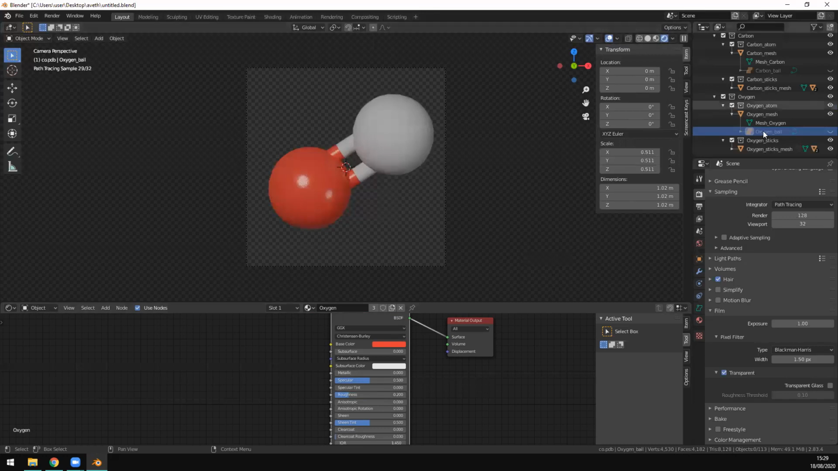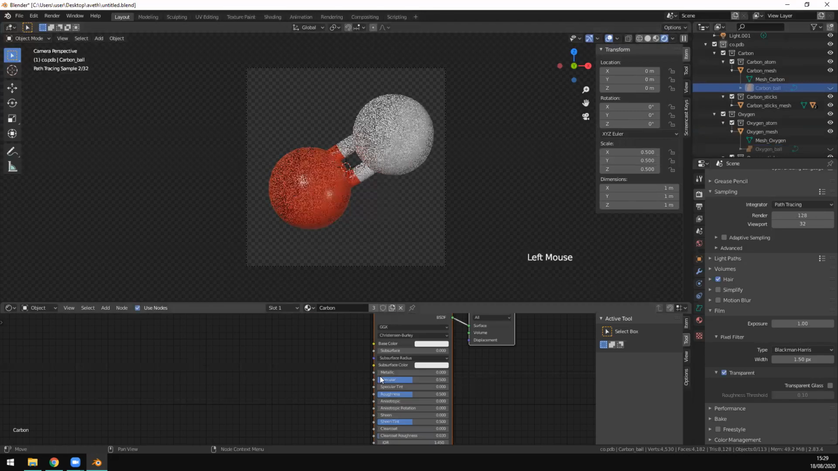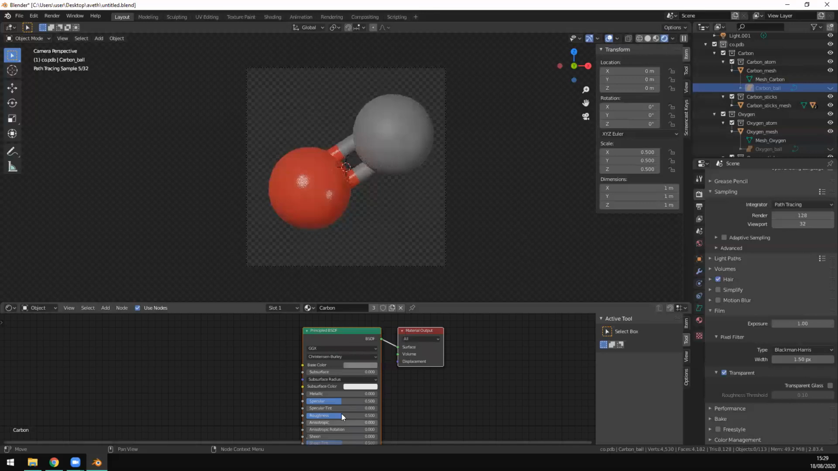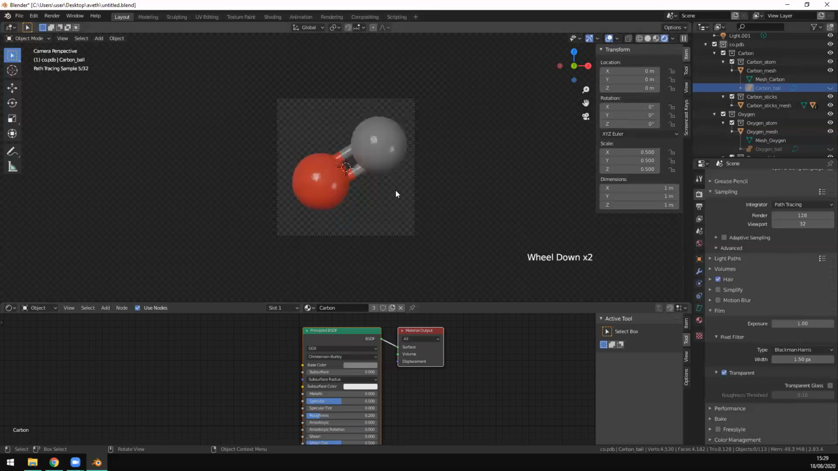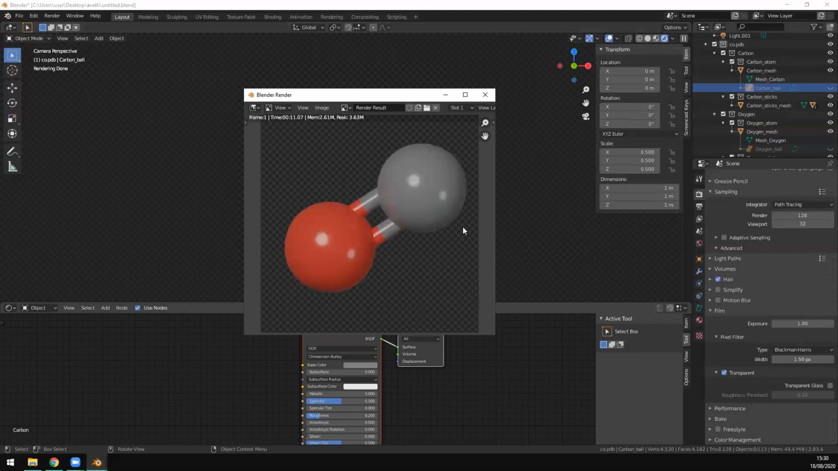Let's do the same now for the carbon. So we go to carbon ball. We say Use Nodes. Let's put the base color a little bit darker. Let's put the roughness again to 0.2. And let's call that good. Now we can just press F12 to render, and we have our finished CO molecule. Now again, we can go to Image, Save As,